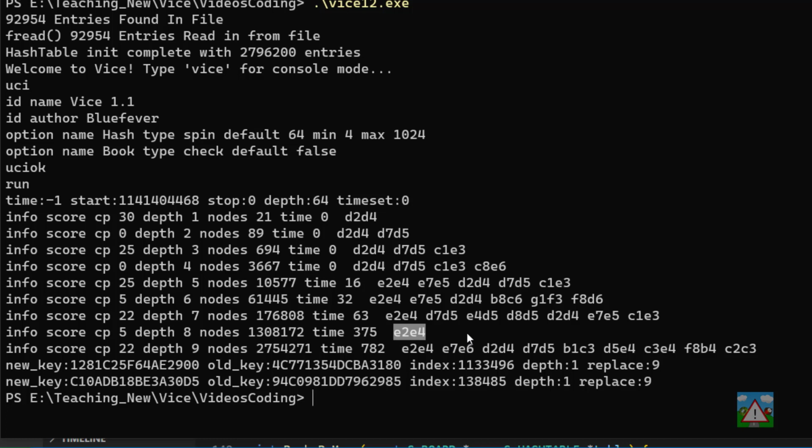So the last thing we'll do is save that entry into the hash table because it's the actual best score for the list of moves. But whilst we're searching these moves through the iterative deepening, when we were one move into the tree, probably very early on, it already found and stored in the hash table the next move in the principal variation. Let's say that was D7, D5, like depth 7. So it will have stored that into the hash table, and it will have stored that with a depth of